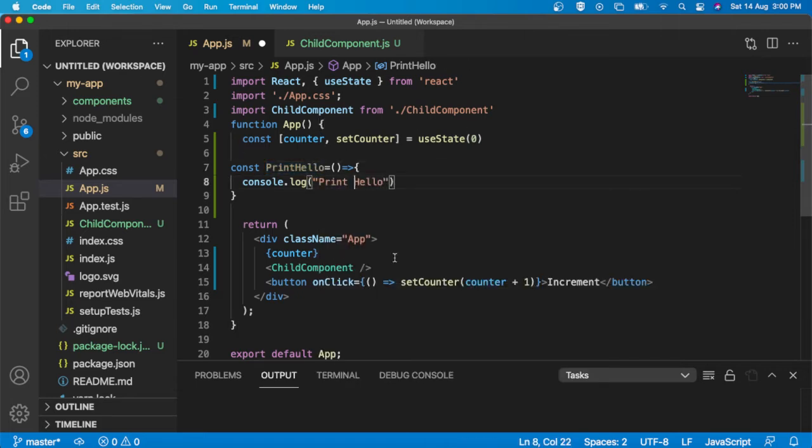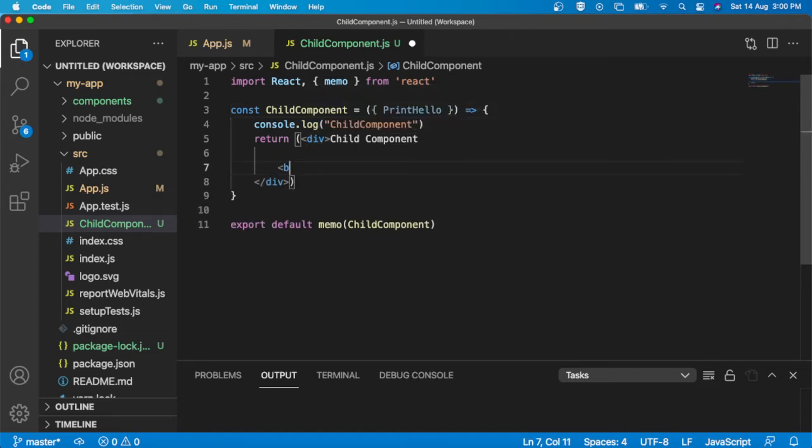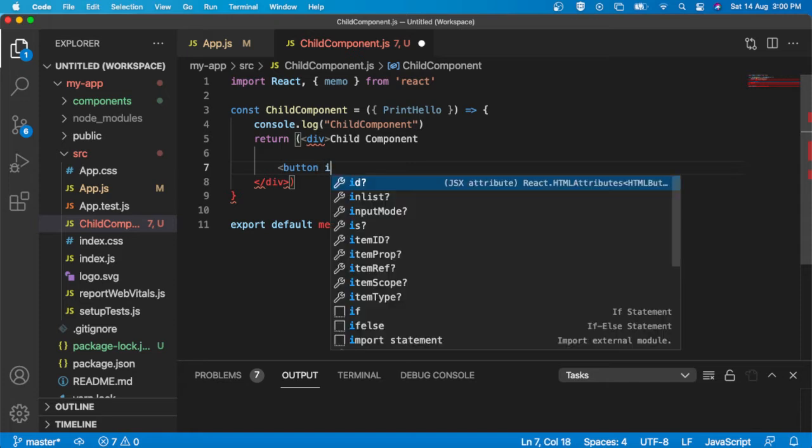Now I am going to pass this function into my child component as a prop. Here I am going to pass my function as a prop. Now inside this child component I am accessing that from props. I am also going to invoke that function using a button on click.